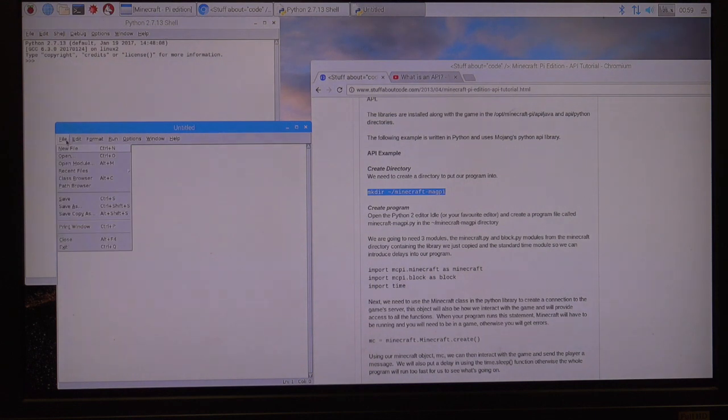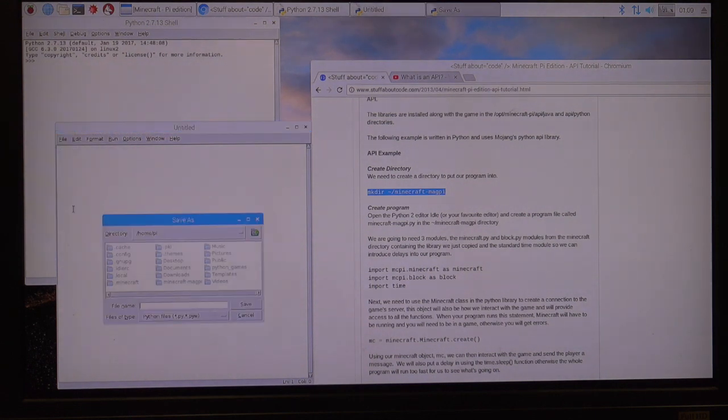Go File, Save As, and we're going to call it Minecraft Magpie, M-A-G-P-I. So I'm going to look for my folder. It's called Minecraft Magpie. And I'm going to call it